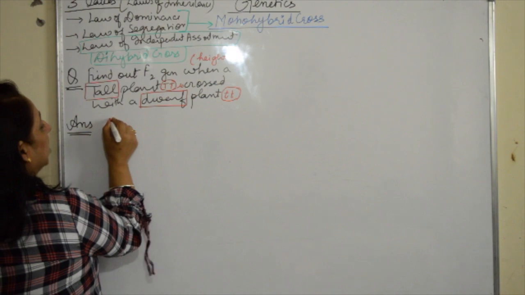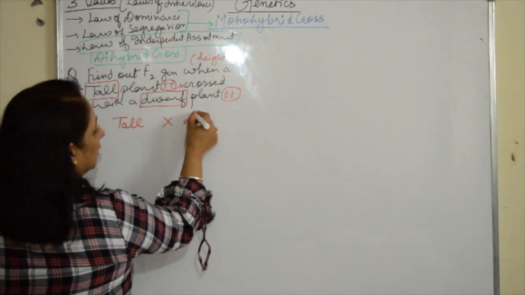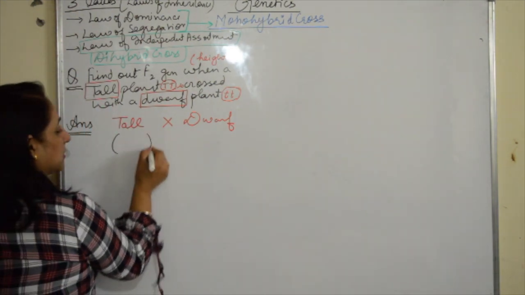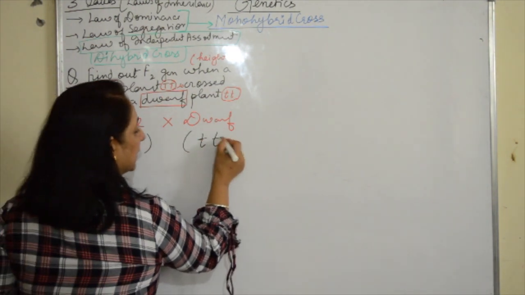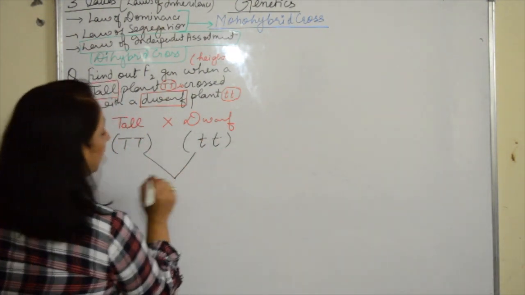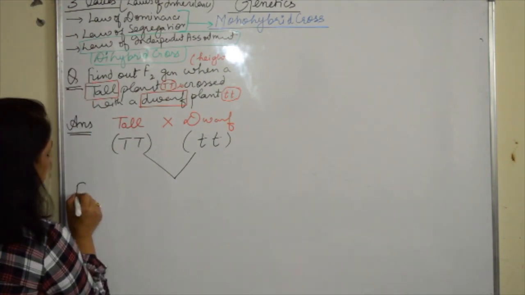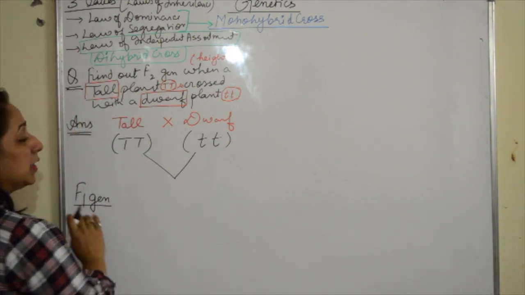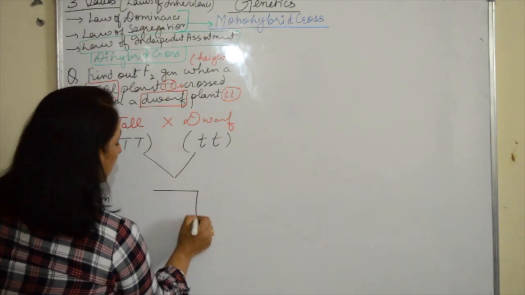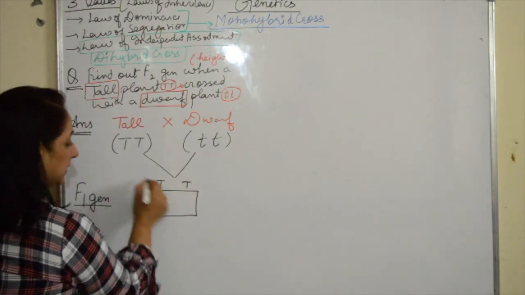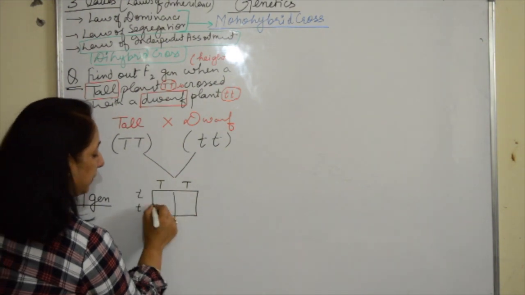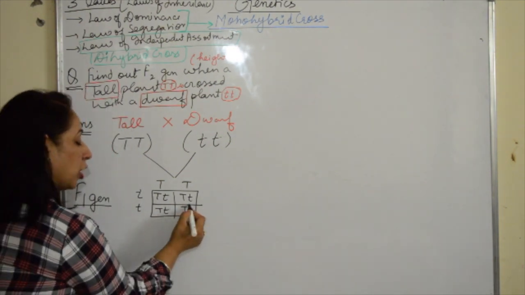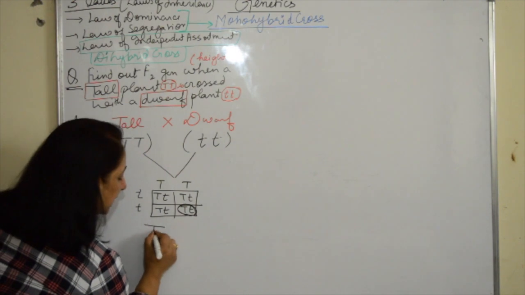So what is he saying? That a tall plant is crossed with a dwarf plant. So we know that tall is expressed by capital T's and dwarf is expressed by small t's. There is a crossing of it. First, the first generation is there. We are going to find out the first filial generation. F stands for filial. So for the first filial generation, make a checkerboard. This T is on this side, small t is on this side. Make a cross. So what do we get? There is nothing different. In all the boxes, the combination which we have received is capital T and small t.